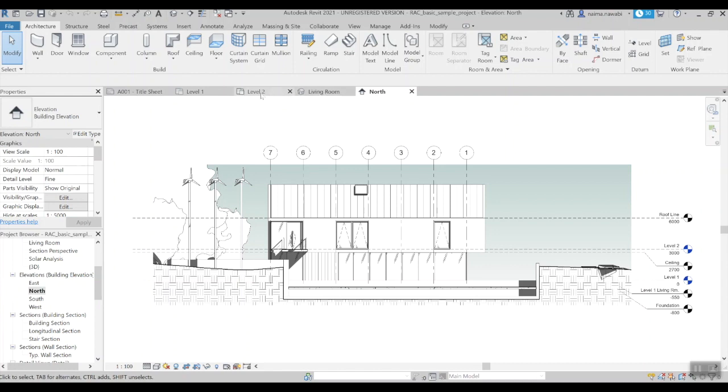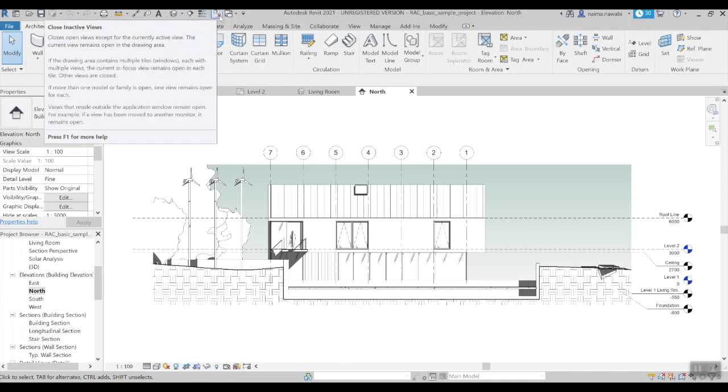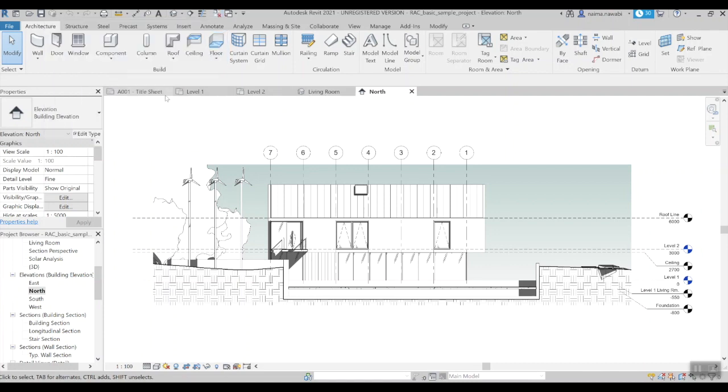Now, it's really easy to open up a lot of view windows, but if you're like me and working on a laptop this semester, it might get really heavy on your graphics card. So one button that's really helpful to close out all of these extra tabs is right up here. It looks like 4 little squares with an X. This means close inactive views. So take a look here. As soon as I hit this red X, everything that wasn't my primary view is now closed,